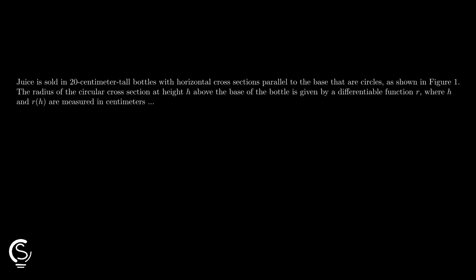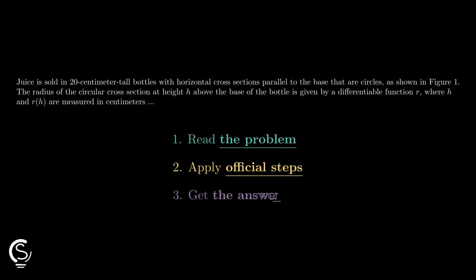Let's level up. In part A, the derivative r prime of 3.1 is approximated by the average rate of change r of 6.2 minus r of